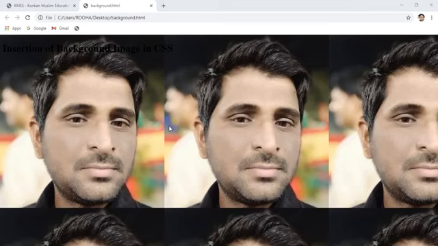Okay, background repeat property is repeat, that's why it's repeating continuously. If you want to disable this repetition, you have to use background repeat to no repeat. I just want to show you.